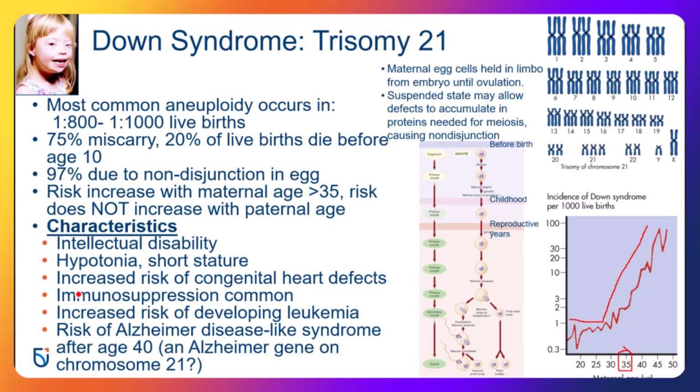There is an increased risk, and this is clinically very important, an increased risk of congenital heart defects. Congenital means born with. So they have a greater chance of being born with a heart defect, especially septal defects. And that's relating to some of the walls in the heart that keep blood contained within certain chambers. And so this right here is a pretty big factor when it comes to morbidity early in life for these